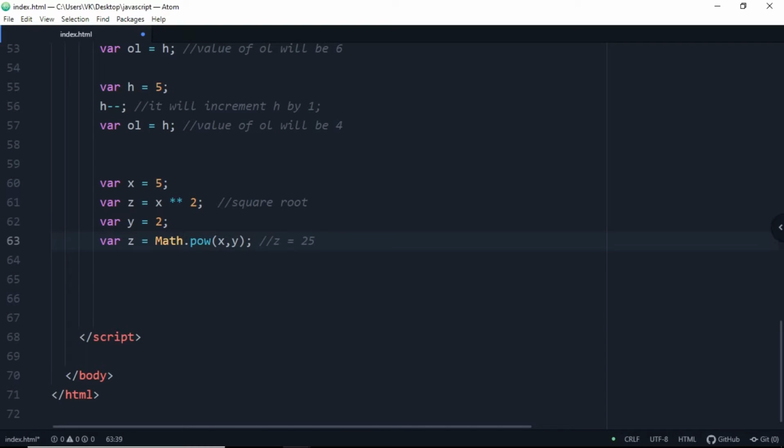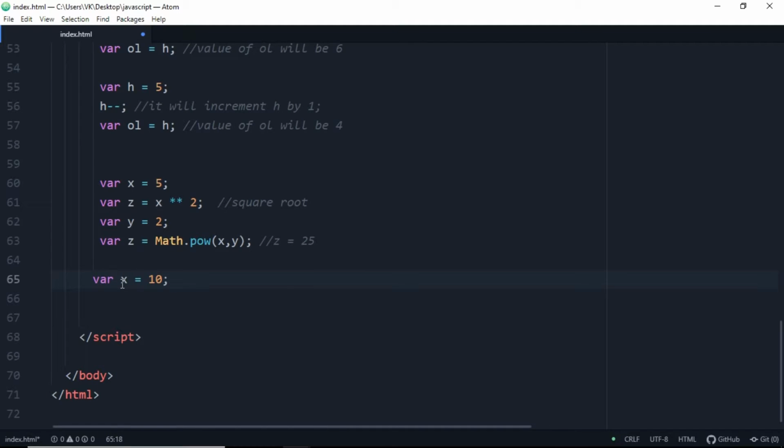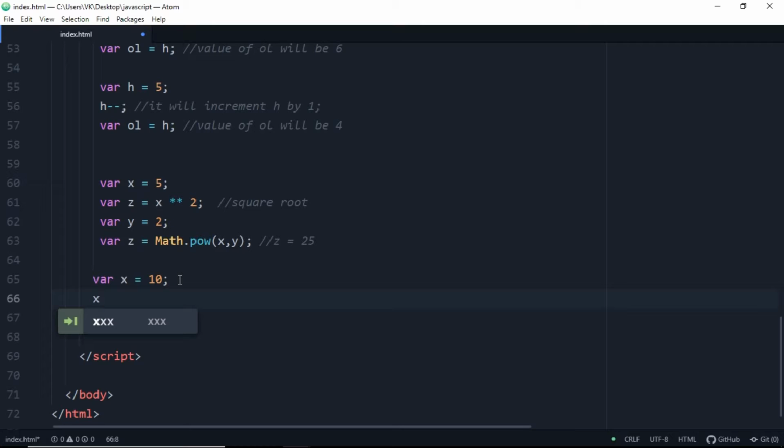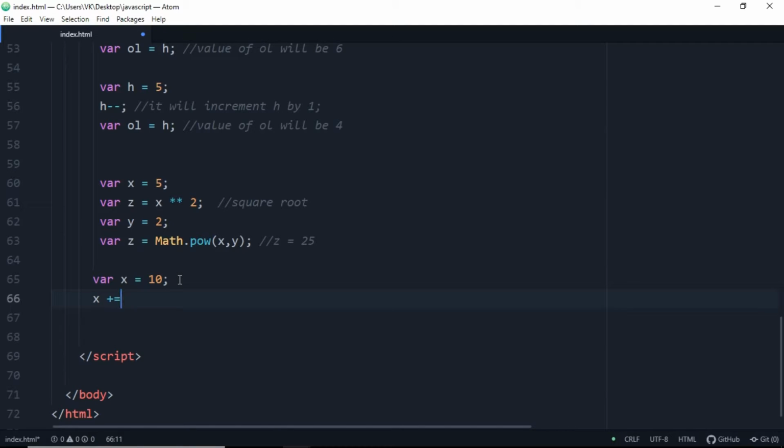Now you can go down. Okay, so declare another variable, which is variable x is equal to 10, and declare x is equals to x plus, minus, no, x, and write x plus equals to 5.